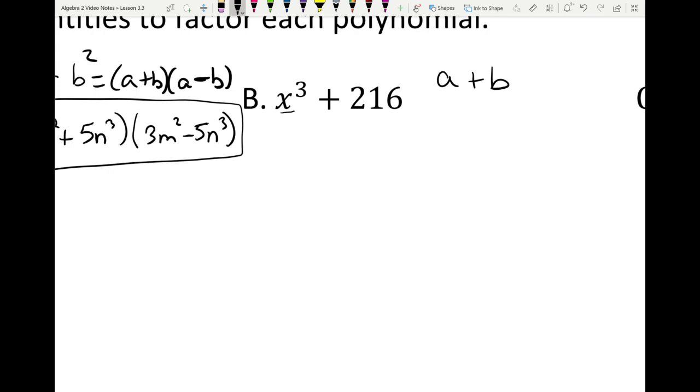Now notice that this is a perfect cube, right? Because it's x cubed. Is this a perfect cube? So can you take the cube root of 216 is what we want to say. What number, if you multiply by itself 3 times, will give you 216? So in that case,